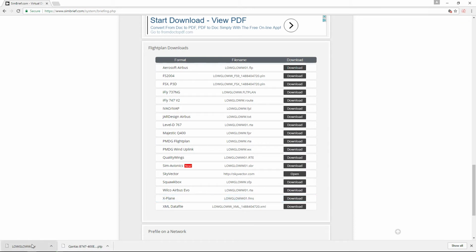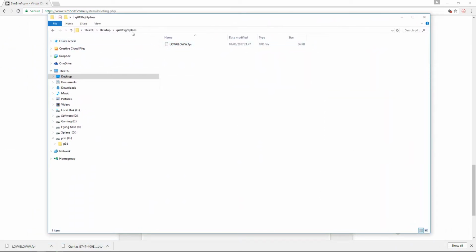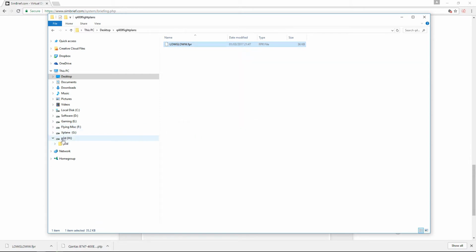Okay, so we have downloaded that flight plan. You can download it wherever you want. I've just created a folder for this video's purposes called Q400 flight plans, and you can see the file is sitting there. So what I want to do is click copy and go to my P3D folder,